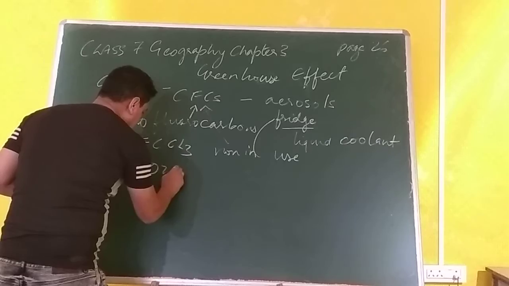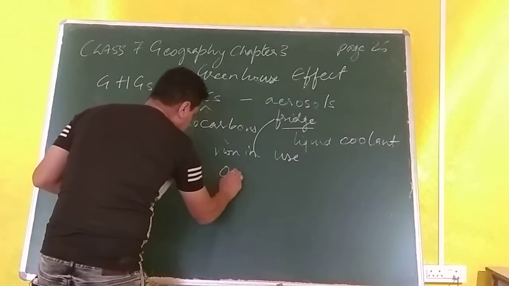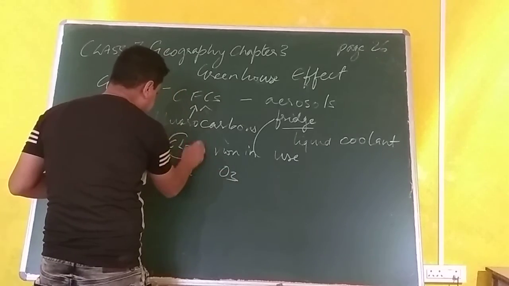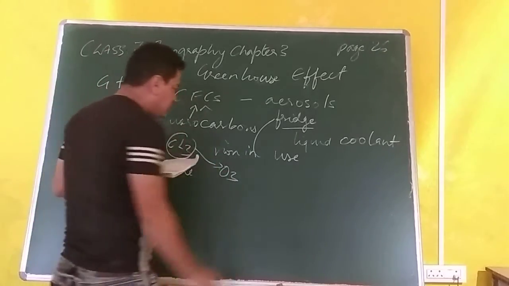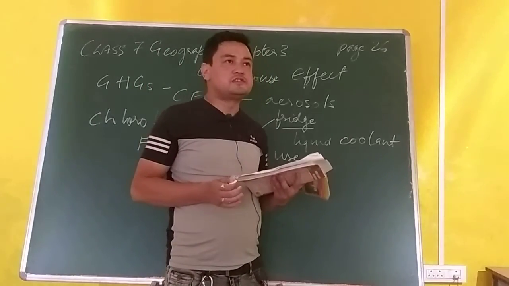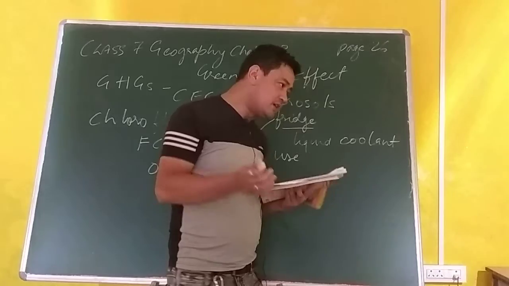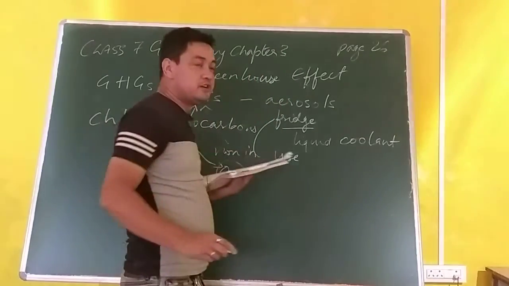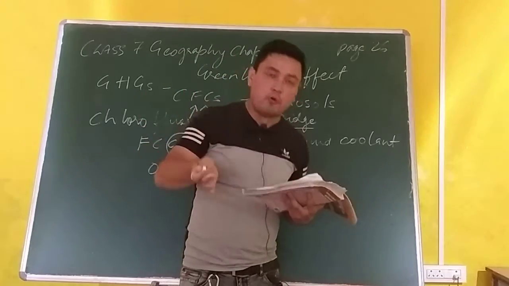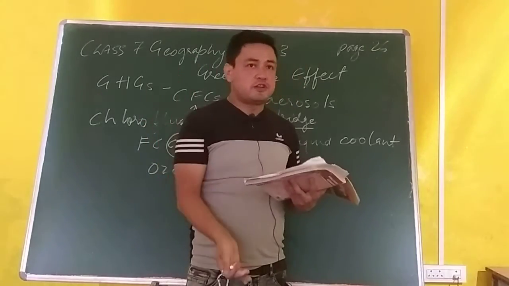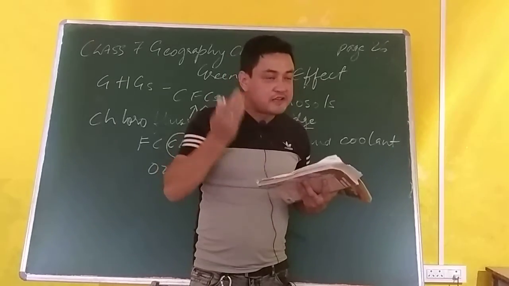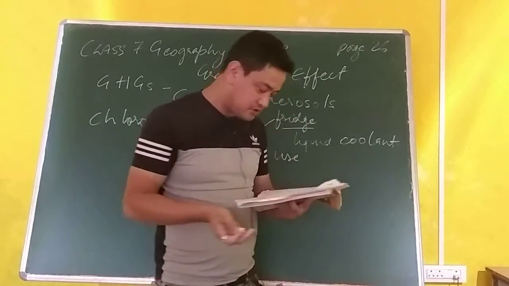Now ozone, how is the ozone affecting our atmosphere? Another thing is ozone basically traps the heat of the sun, which is raising the temperature of the earth. Therefore, we can say the disadvantage of the ozone gas is it traps the heat of the sun, that is causing the rising of the level of temperature in our atmosphere.